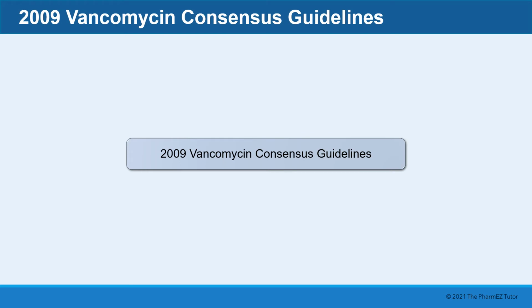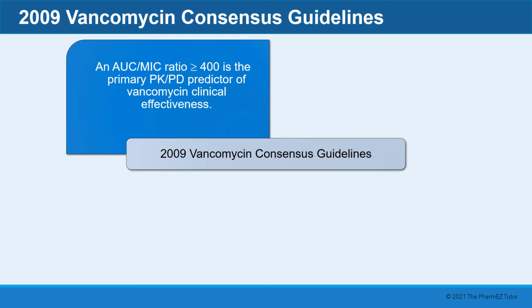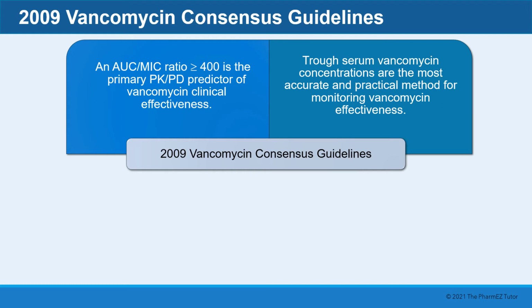In 2009, a group of experts created and published the Vancomycin Consensus Guidelines. These included 4 key recommendations. The first statement is that an AUC-MIC ratio greater than or equal to 400 is the primary PK/PD predictor of vancomycin's clinical effectiveness. The second statement is that trough serum vancomycin concentrations are the most accurate and practical method for